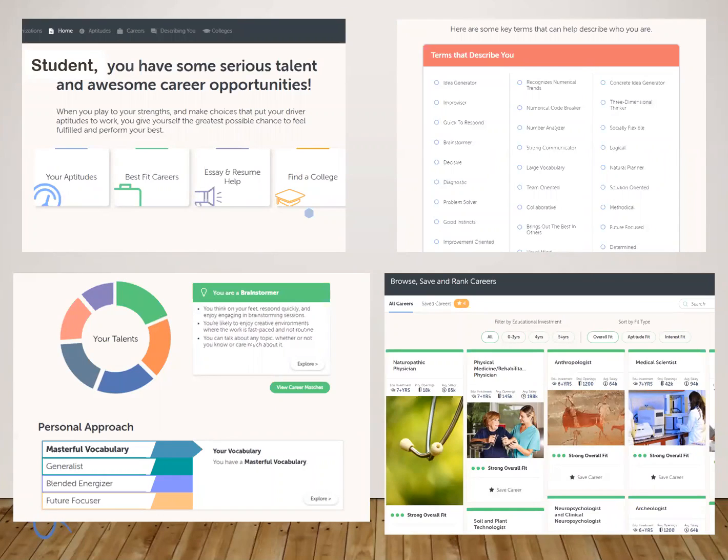And the cool thing about Career Youth Science is that it's taking not just your skills, but it also has an interest inventory built in as well. It takes both of the results and finds a good merge of the two pieces of information, because when you're looking for a career, you need to find something that you are interested in, but also what you're skilled at.